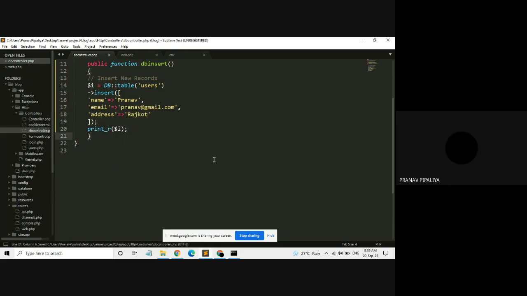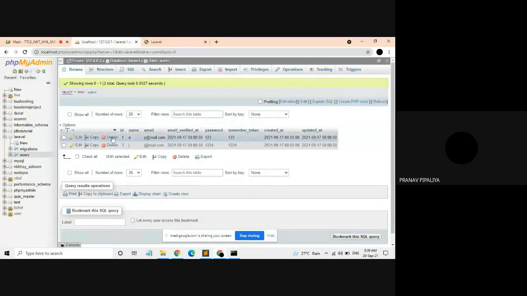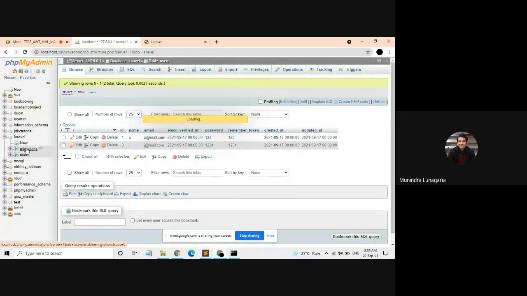My table is a little bit different. I have created two tables, ID, name, email. Fine, whichever you are comfortable with, you can perform on that only. I ran the migration table, sir.